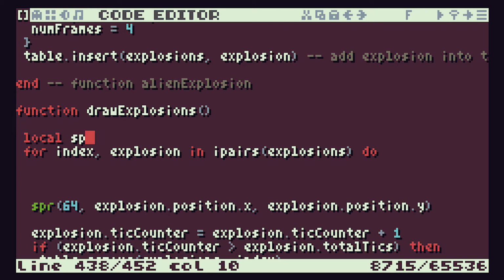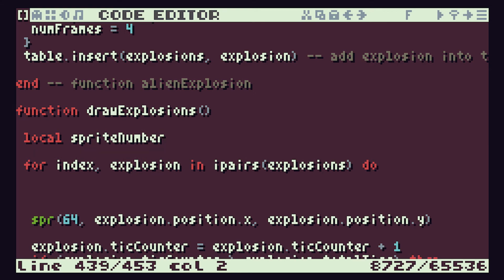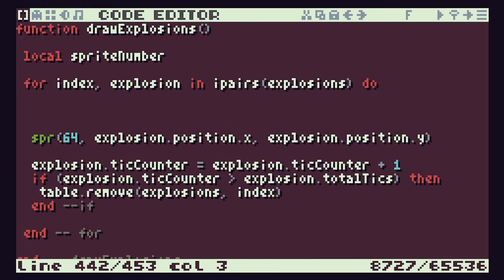So local sprite number, and that's going to then be used by our code here. So we're going to say then that our sprite number is going to be equal to, and this is where we have to now work out our function to